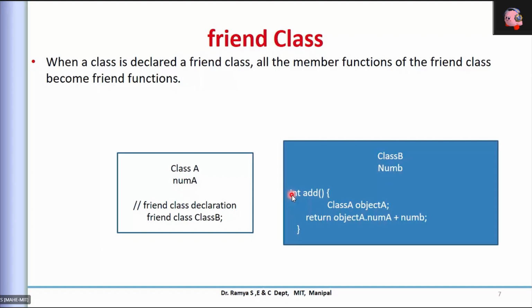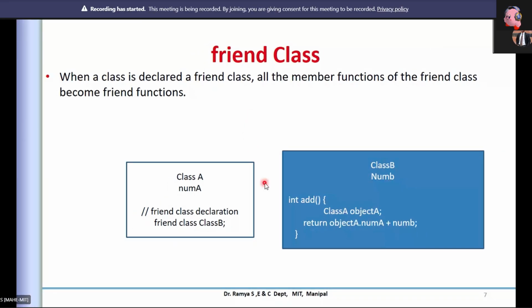So in the friend class, in whatever class we have, say class A, we declare it with the keyword friend. But observe, it is a class here.